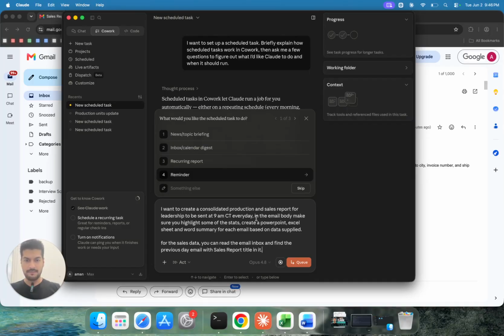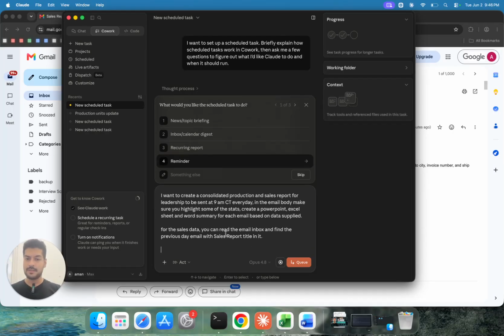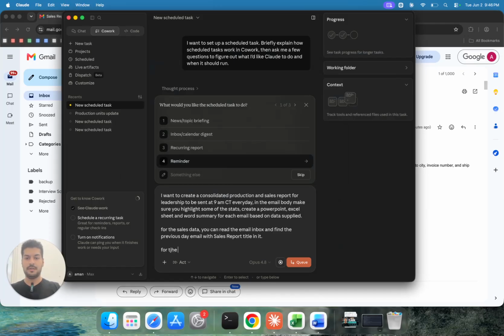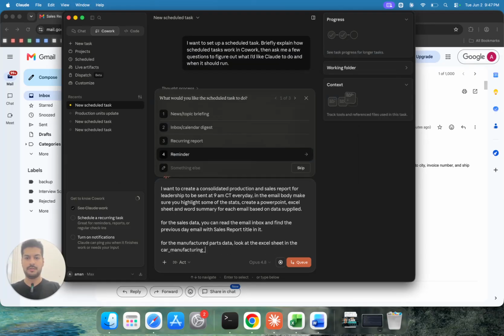So we provided it information, and then, as I mentioned, since we are not connected to a system to get all the production data, we are going to provide it the location of the Microsoft Excel sheet that we have currently in this car manufacturing plant location for the manufactured parts data: the Excel sheet in the car manufacturing plant folder on the desktop